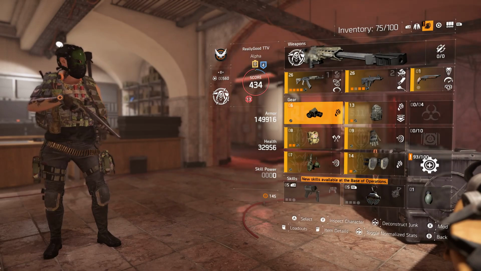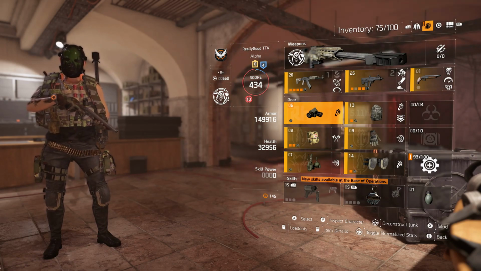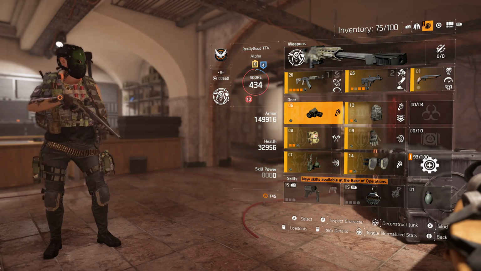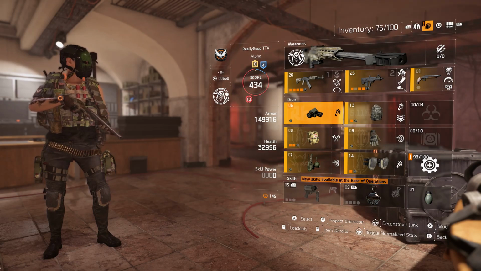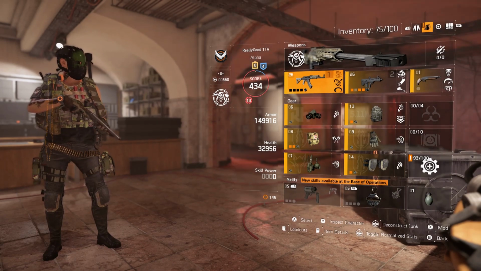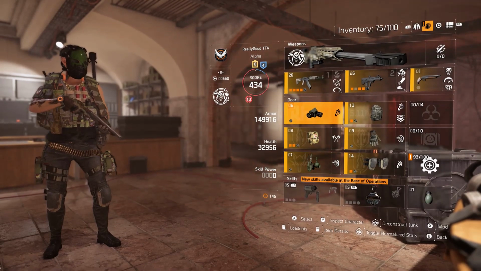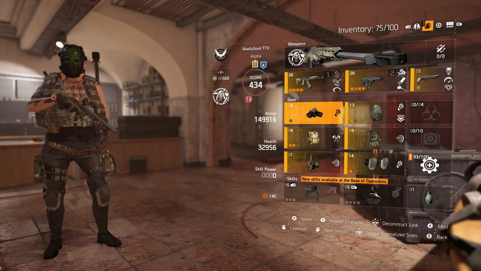So the build is basically going to be, you're going to want to stay around 20% crit, for the simple fact that weapon damage, and I think weapon damage and headshot damage does more damage than crit if you're not using a real crit hit build. But the thing about crit and weapon damage is that, the reason that I know in Division, right,